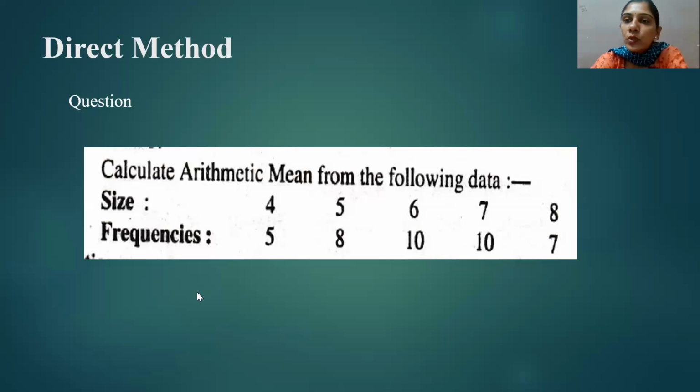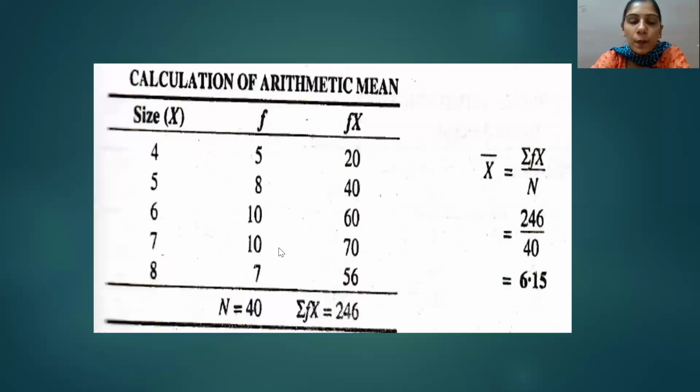So what we have to do is calculate fx. For calculating fx, we have to multiply x and f so that we can get the value of fx. As you can see on your screen, these are the values of x and these are the values of f. We have to multiply between them so that we can get the value of fx. So how do we get the value of fx? Basically,